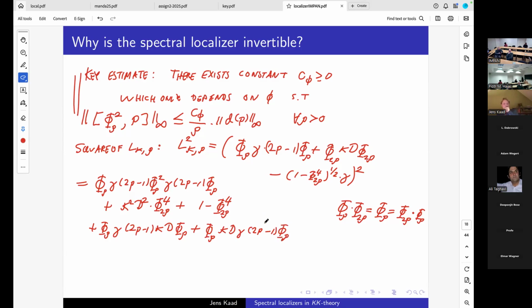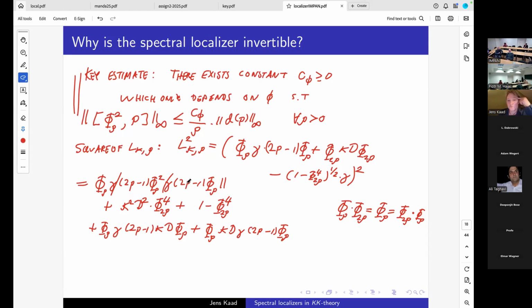Okay, this is going pretty well, I think. Maybe let's look at the first term up here. Actually, gamma commutes both with p and phi rho. So these two gammas, I can just forget about them. They're going to cancel out because gamma squared is the unit. And (2p minus 1) squared is also the unit.